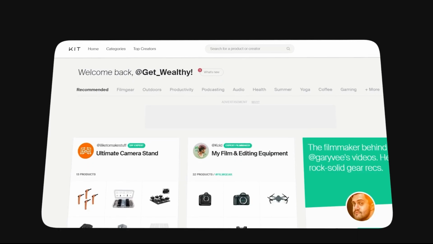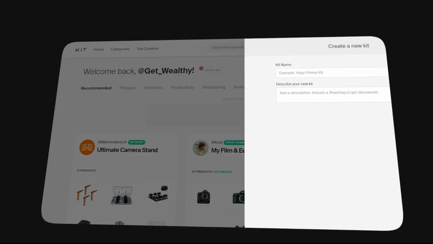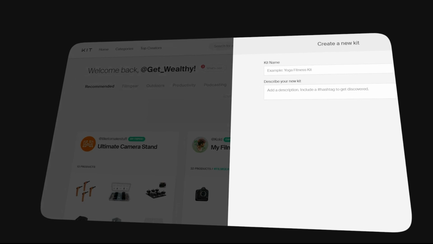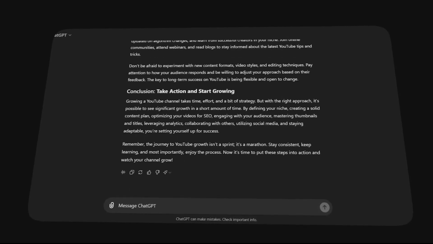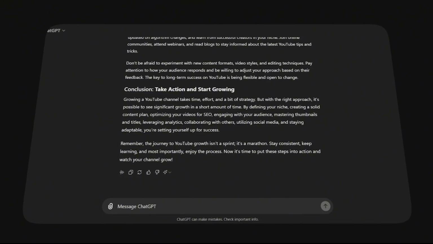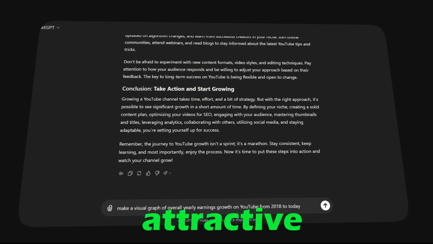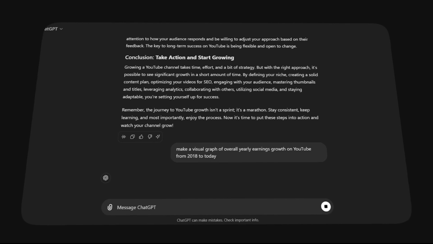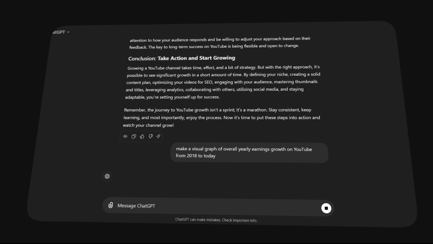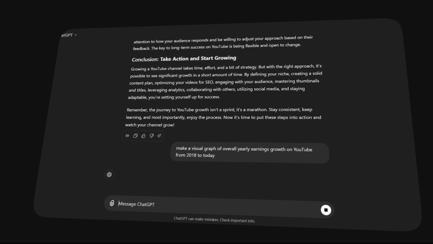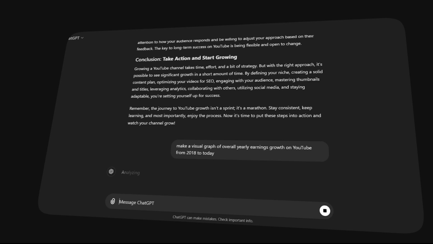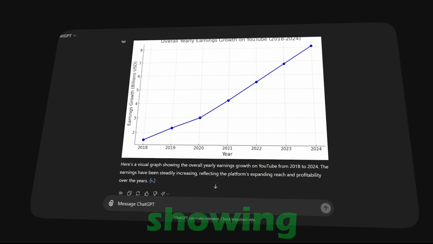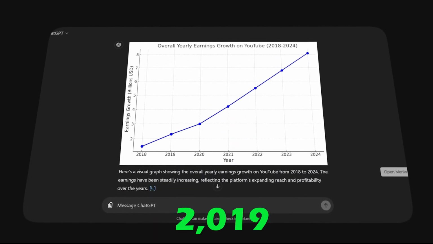If you go over to Kit, you can click on the plus icon to create your own kit from scratch. Next up, go back to ChatGPT and make some visual graphs to make your entire PDF guide a little more attractive and detailed. I'm asking ChatGPT to make a visual graph of overall yearly earnings growth on YouTube from 2018 to today. As you can see, in seconds, we get an entire visual graph showing significant growth from 2019 to